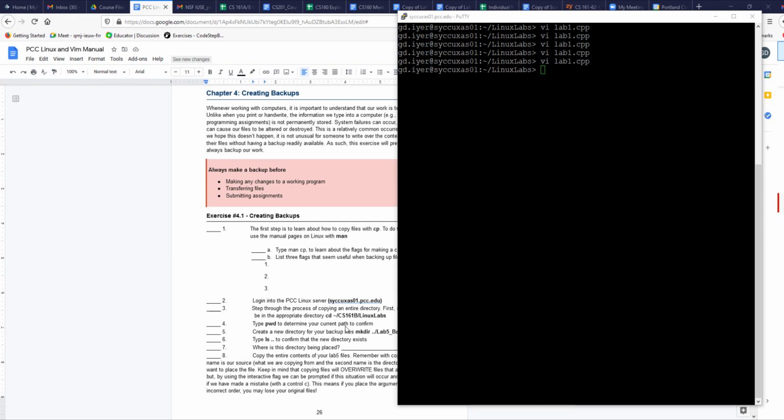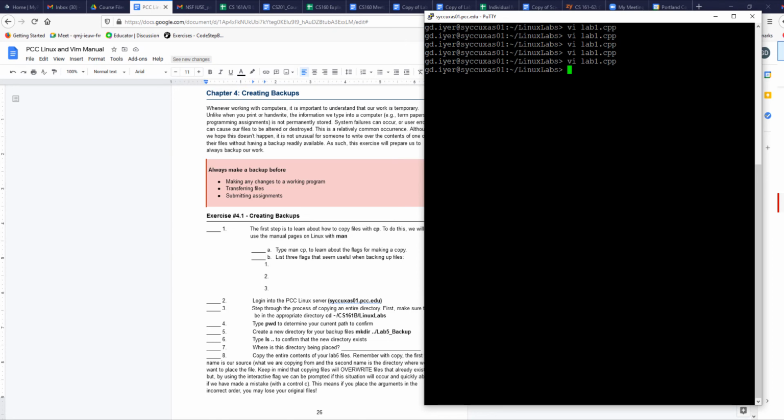Hi, in this video, we are going to see how to create backups. You must have backups when you're working on the server, because the files that you create will be there, but as you're working on things, things could get corrupted. There is no backup on the server. So you must create these backups, use FileZilla, forward it to your desktop, and ideally save it on